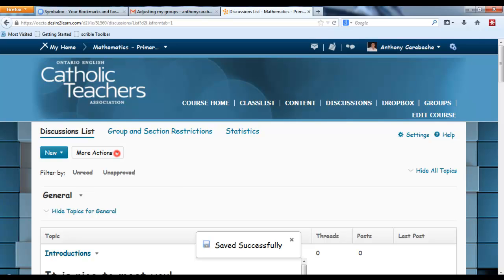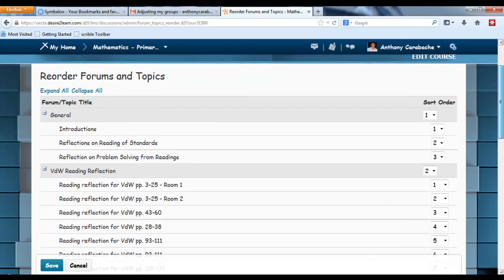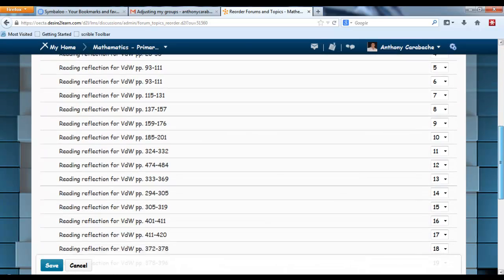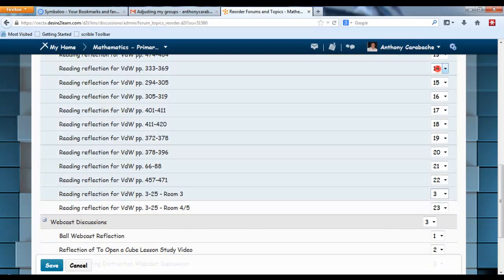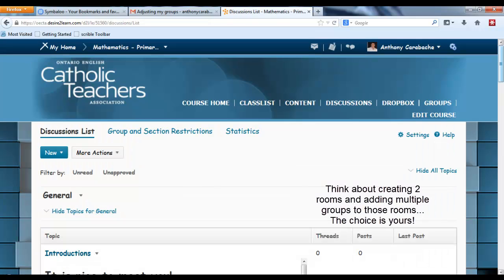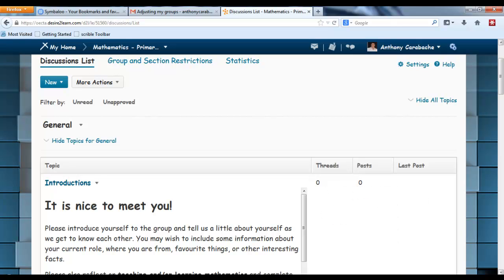Finally, I'll reorder all of those discussions that I just made changes to. So I'm looking for rooms 3 and 4/5, and I want them to appear 3rd and 4th. There's 3rd, and there's 4th, and then I save. Now, you see how I can add multiple groups to one room. I could create just 2 rooms and add 2 or 3 groups to those 2 rooms. So I'd like you to give that a try, and that way you get a much more fruitful discussion